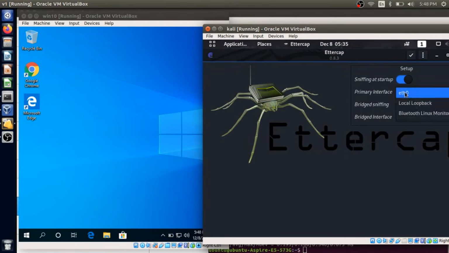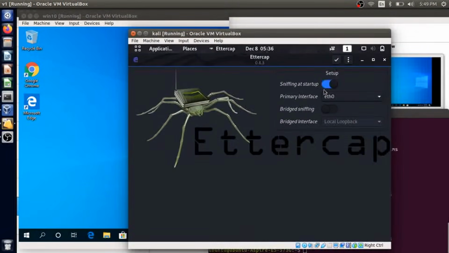We need to select which interface we are going to use, and sniffing will start here.